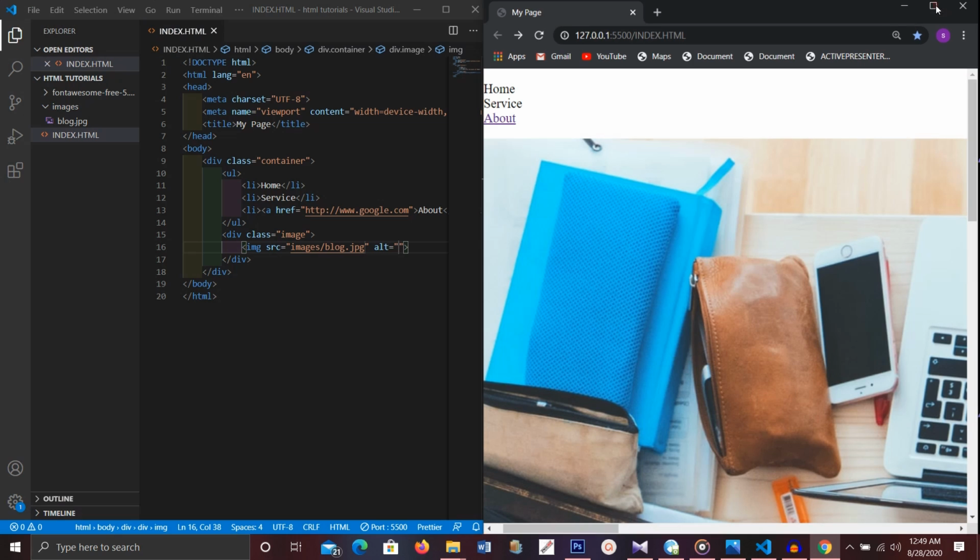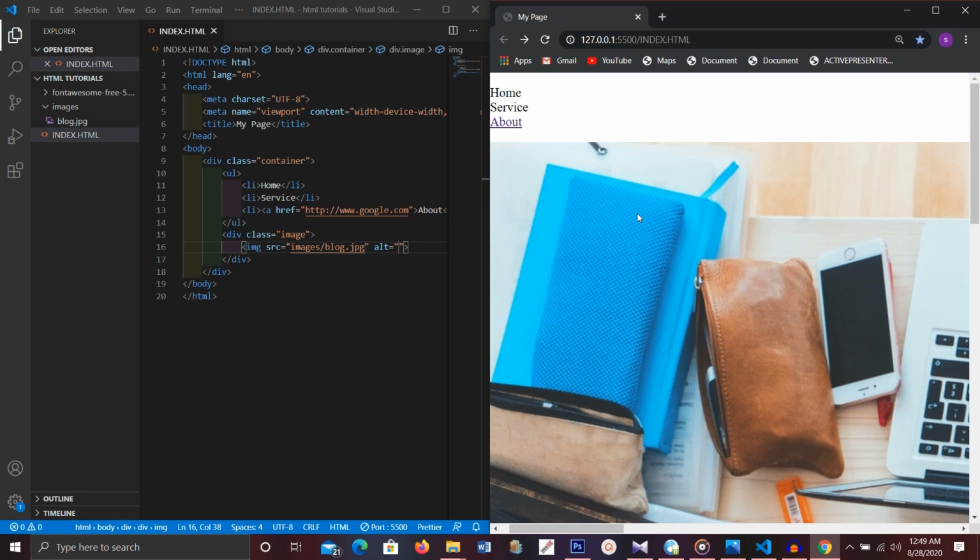So this is it, a very huge picture. We're going to deal with its size soon. So we have another attribute we're going to treat later, but it's here, so why don't we treat it, then we go forward. So we have the alt attribute. What does this alt attribute do? This specifies an alternative text for an image. So if the image for some reason cannot be displayed,